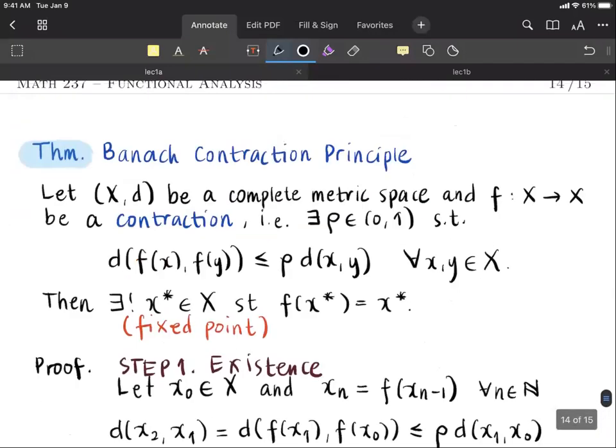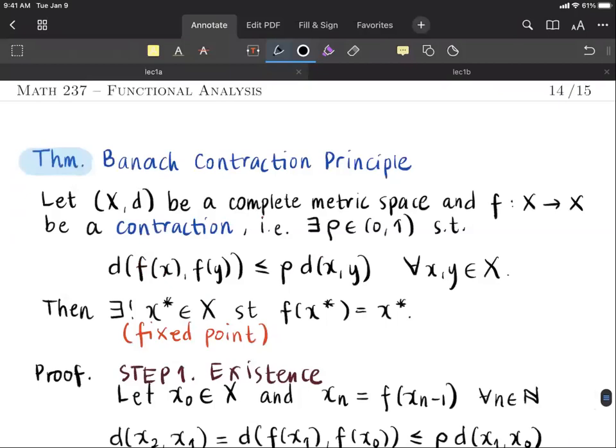So that's the Banach contraction principle, and it's also called the Banach fixed point theorem. This theorem can be used in, let's say, convergence analysis of root finding problems in numerical analysis, for instance. It can also be used in proving the existence and uniqueness of solutions of ordinary differential equations